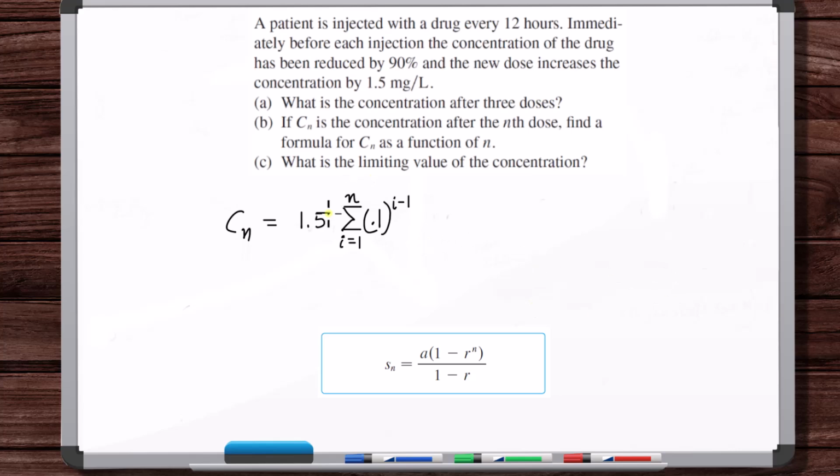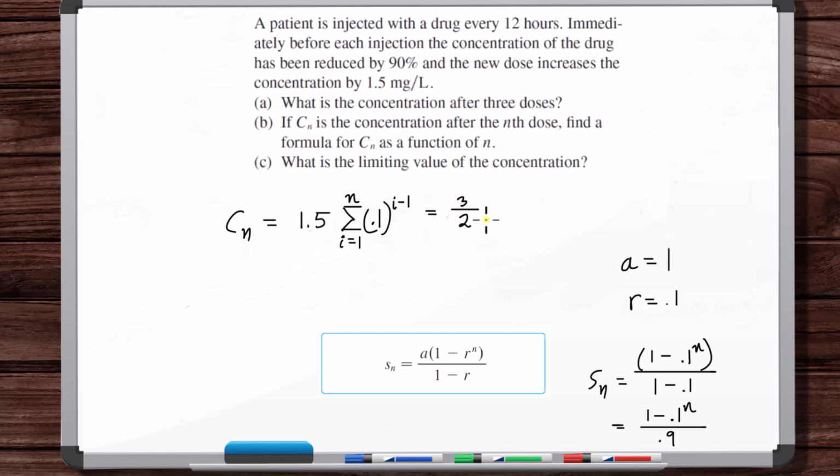All right, so we can replace this with this formula. We just need, okay, so what is a? a is 1. The first term is 1. What is r? It's 0.1. So the S sub n is 1 minus 0.1 to the n over 1 minus 0.1. So we've got 1.5, which is 3/2, times this is 9 over 10, so we can say 10 over 9 times